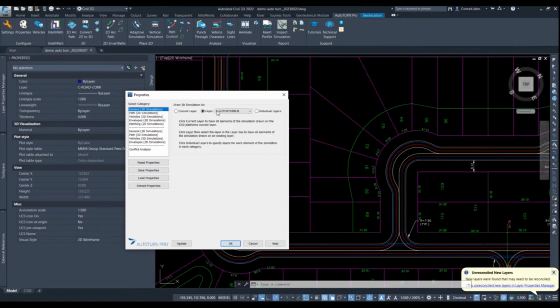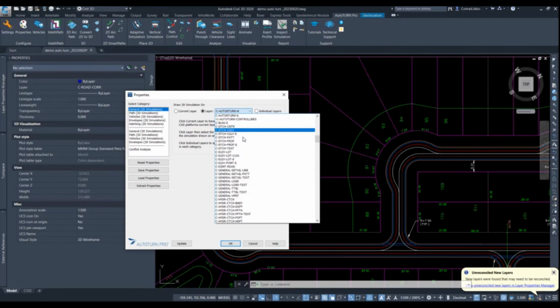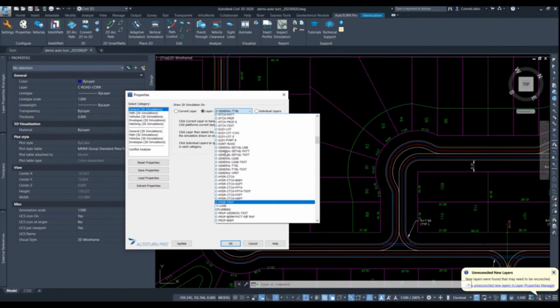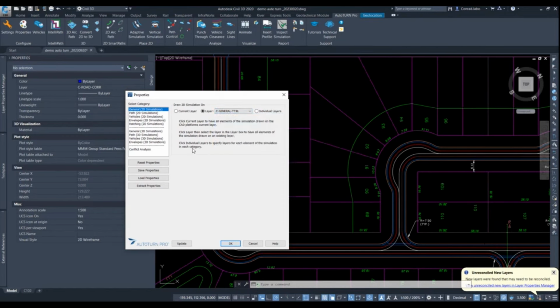So first we have the general, and in general, what essentially is happening here is we are choosing what layer we want our simulations to be put on. So there are three options here. There is a current layer, which is whatever layer your current layer properties manager is on, and then we have the layer you're going to choose. So here you're essentially having all your simulations on that individual layer,